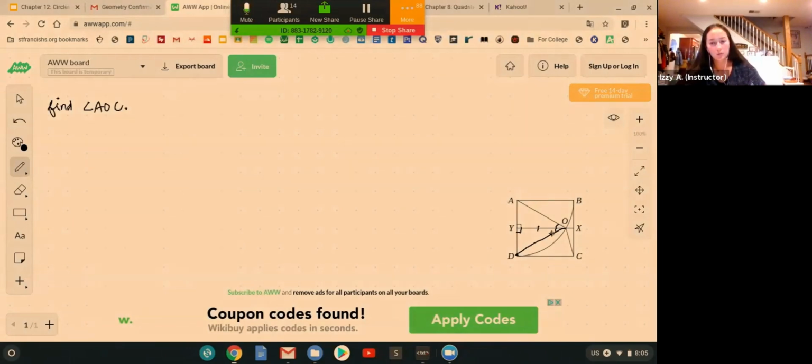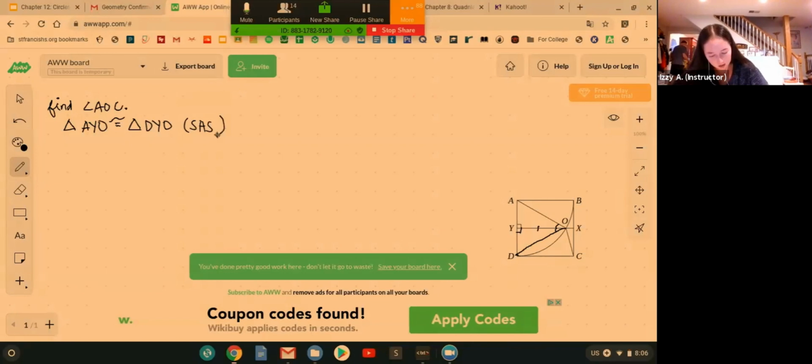So it would be SAS. I would go ahead and write that down. Triangle DYO, and then parentheses SAS. So this would mean that AO would be equal to OD, and AD is going to be,